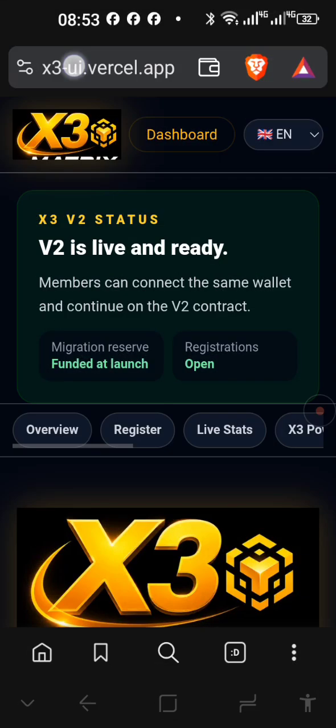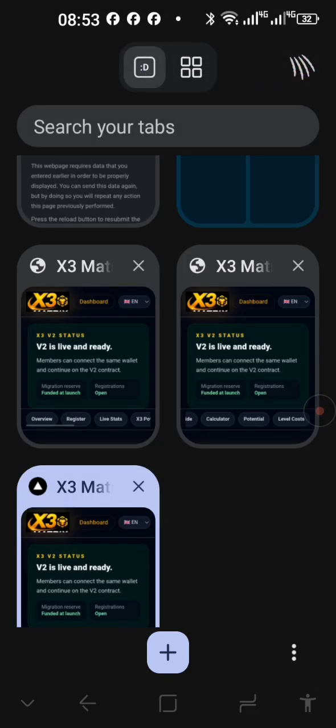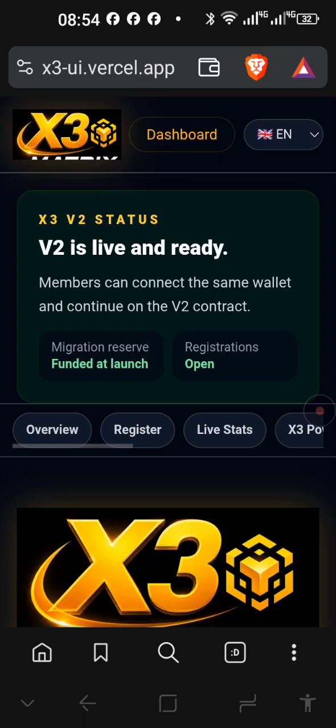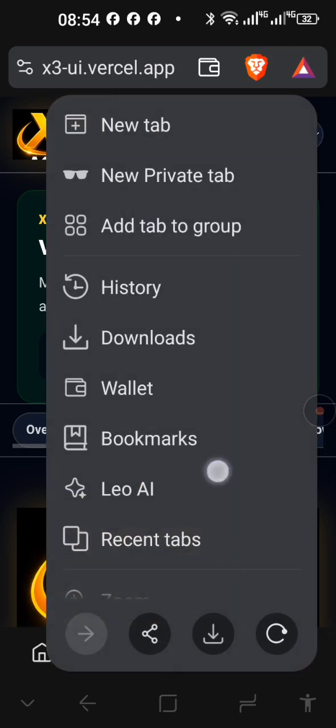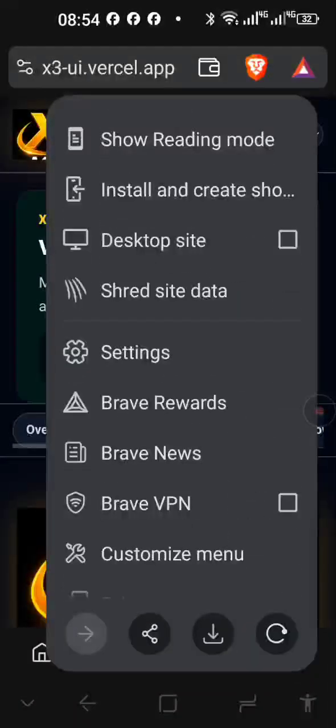So if you can see there at the top, there is the link. Just go back there, right? So you can also install it on your device. Just create a shortcut. If you do not know how to do that, I'm using Brave browser.